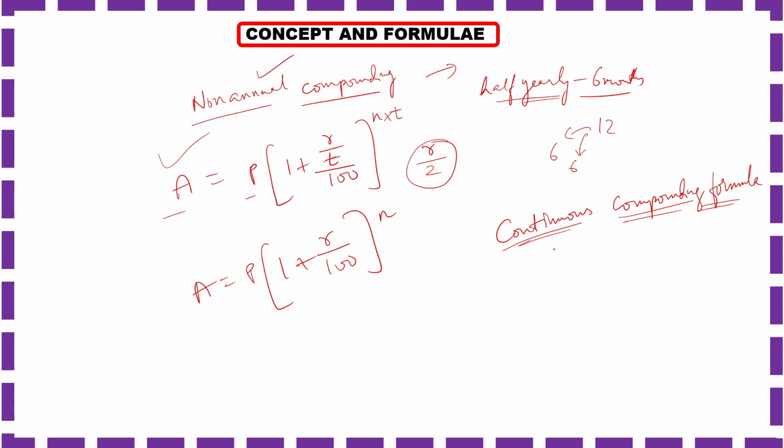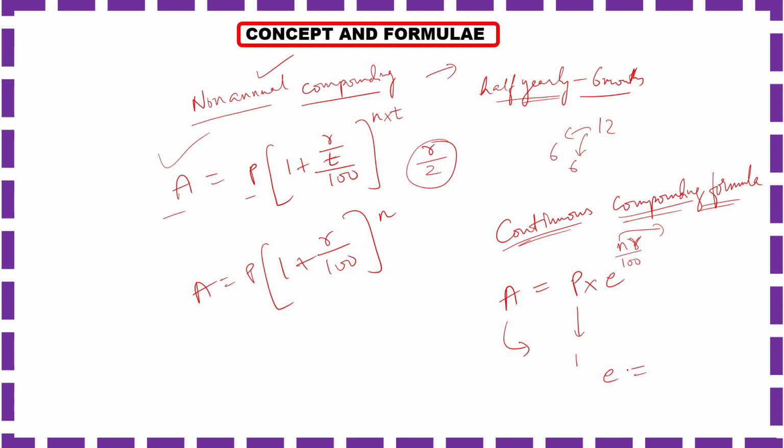So what is the formula for continuous compounding? Amount is equal to P into E power NR by 100, right? So A is the amount, P is the principal, we know that. N is the time period in years, we also know that. R is rate of interest, we know that. What is E? E is exponential. E is also known as Napier's number. An approximate value of E is